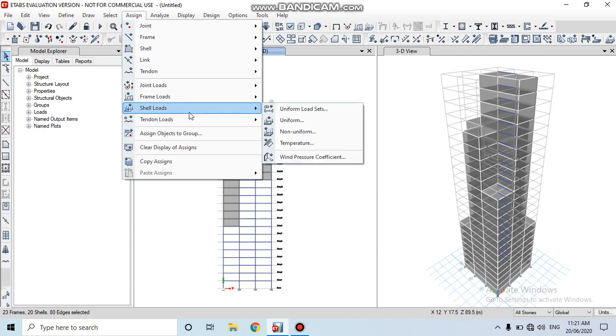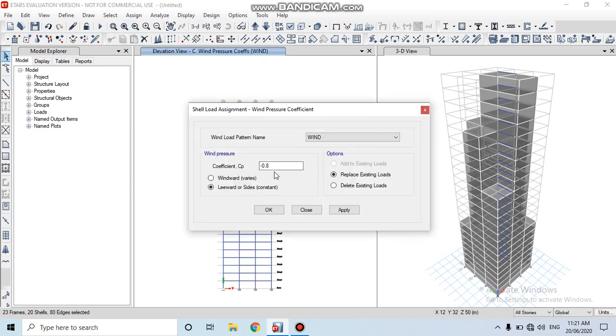Then again shell loads. Then the remaining wind pressure coefficient values are to be applied. Here it is 0.25 as per IS code. Then click on apply. Then click on OK.